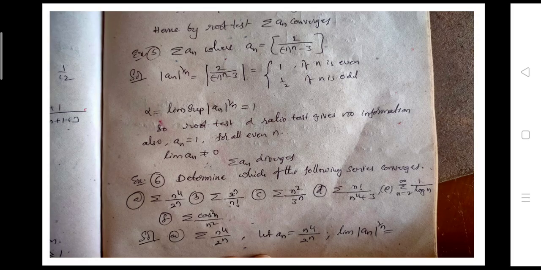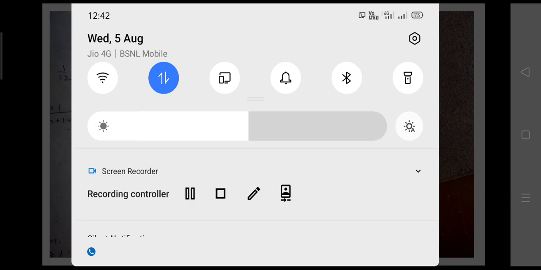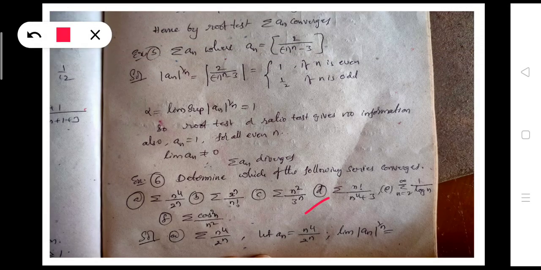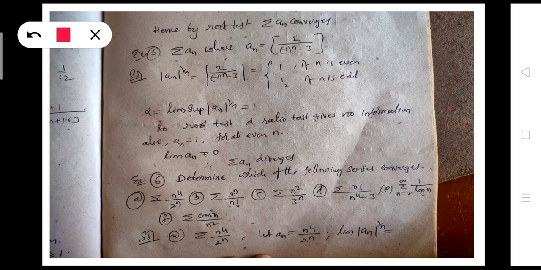Here we need to solve the solution of A, that is sigma n^4 by 2^n. Let a_n is equal to n^4 by 2^n. What is the limit of |a_n| whole power 1 by n? a_n is equal to n^4 by 2^n, and the limit of |a_n| whole power 1 by n is equal to,